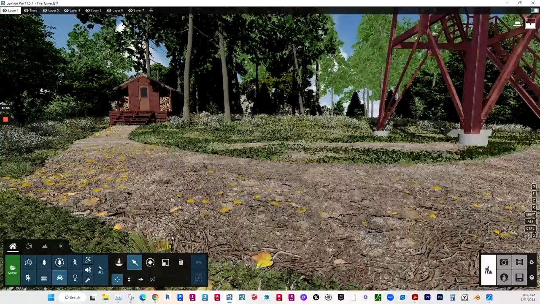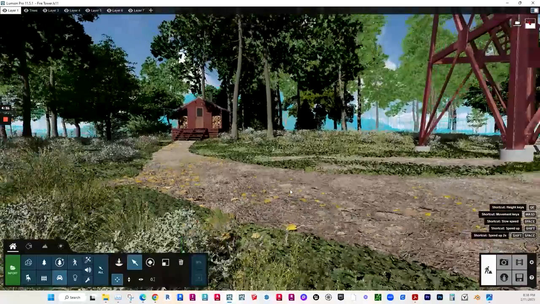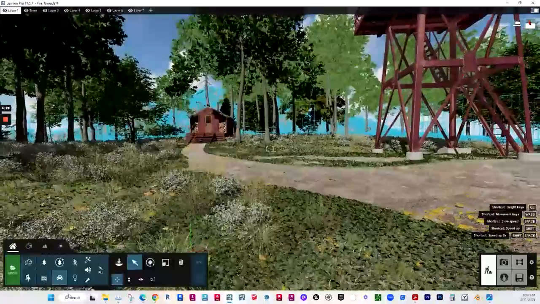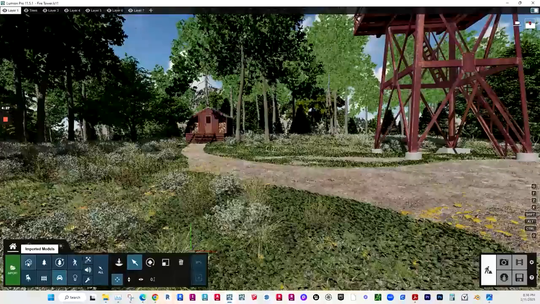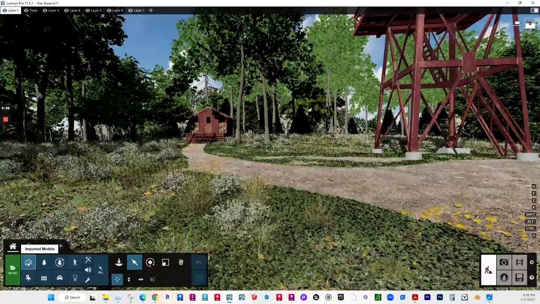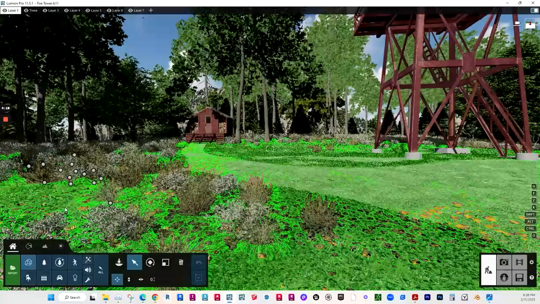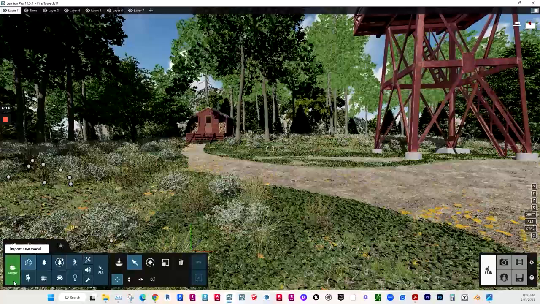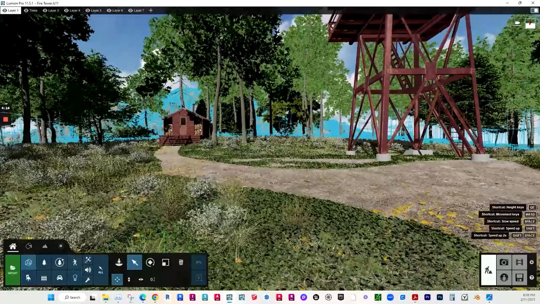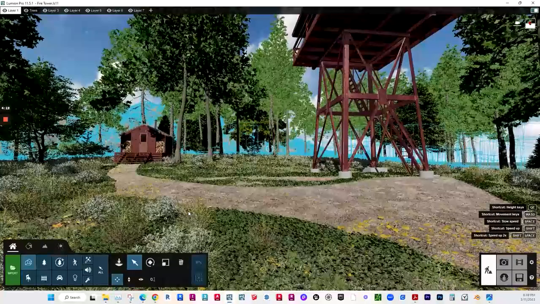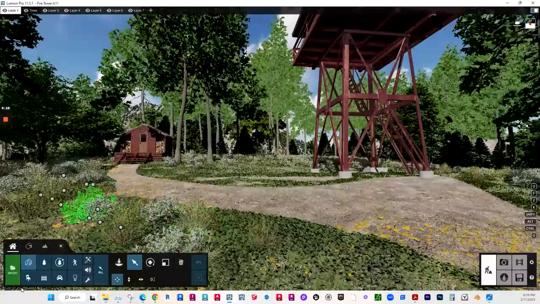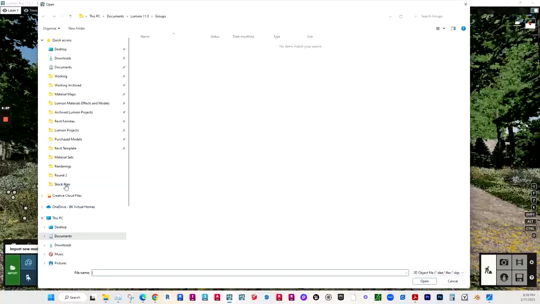So I end up importing a lot of models. And so how do we manage that? Well, like I was explaining earlier, when we import a model, we try to put it in a certain folder, right? Let's say we're working on a project and it's called the Hunter Residence. What I'm going to do is when I import